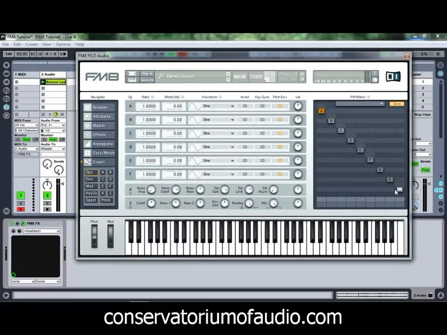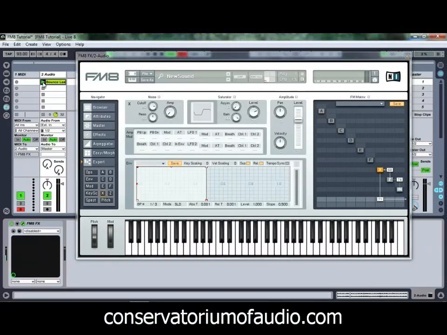As I mentioned, you can also make use of the other operators. So for example, if we wanted to filter and wave shape this, we could send it into the filter, followed by the wave shaper, and then onto the output. And then if we play that one again, as you can see, with this setup and playing, what we're now getting is our audio input